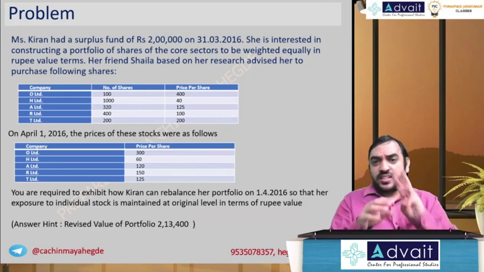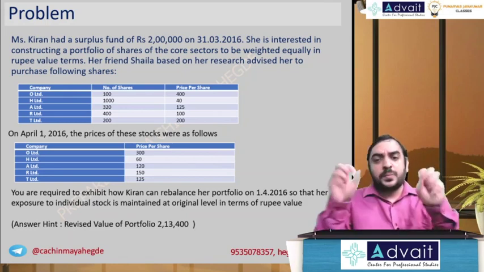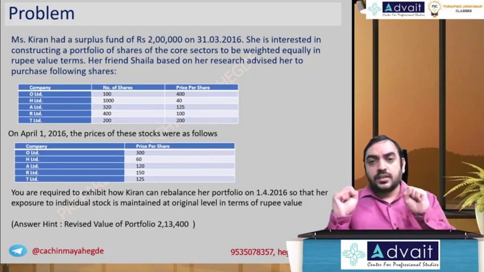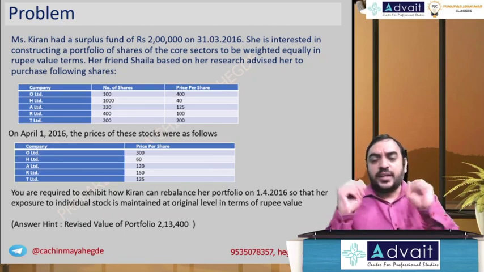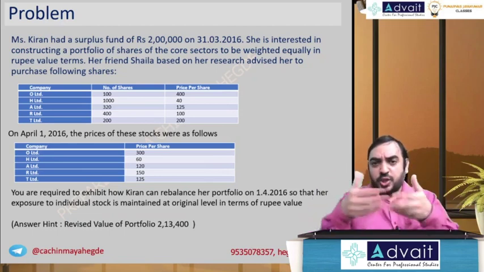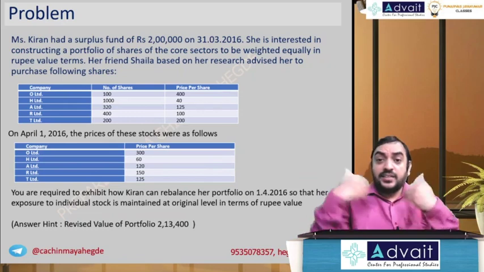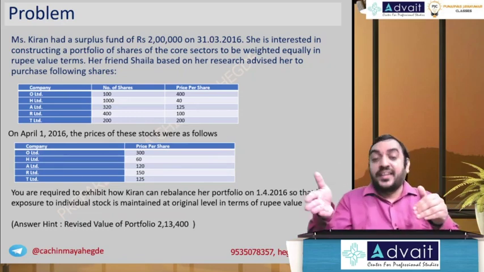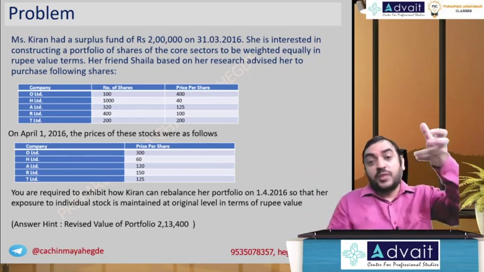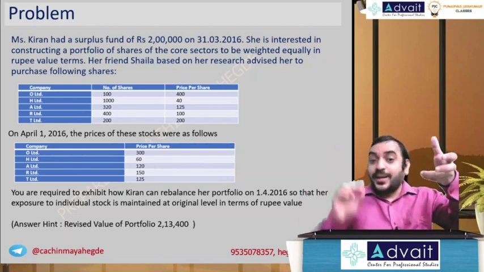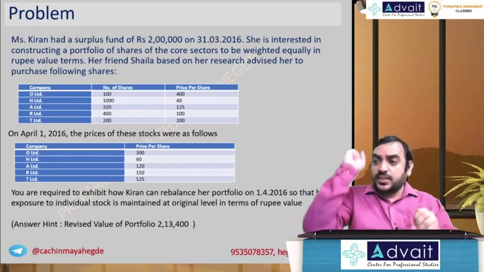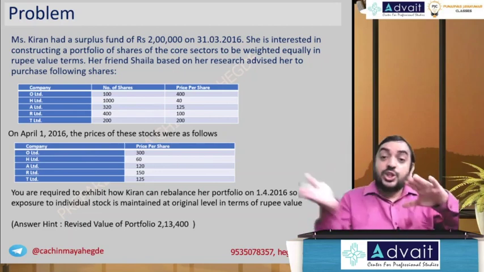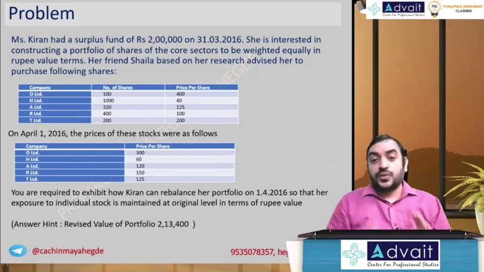For example, you invest in 3 stocks, 40%, 40%, 20%. It's not equal, 40, 40, 20. But when the weights change because of market fluctuations, again at the end of the year or at the end of 3 months, maybe you want to put again 40, 40, 20. So 40% would have become 41%, 20% would have become 19%. So take out from the excess, put it to the shortage. Again, the original objective is maintained. That is portfolio rebalancing.